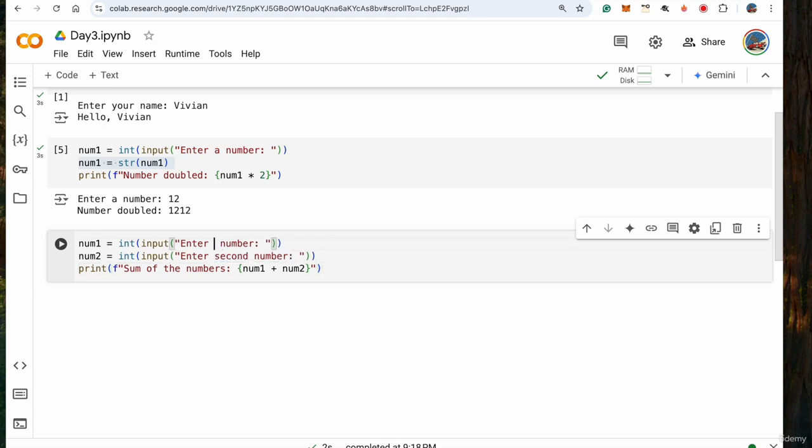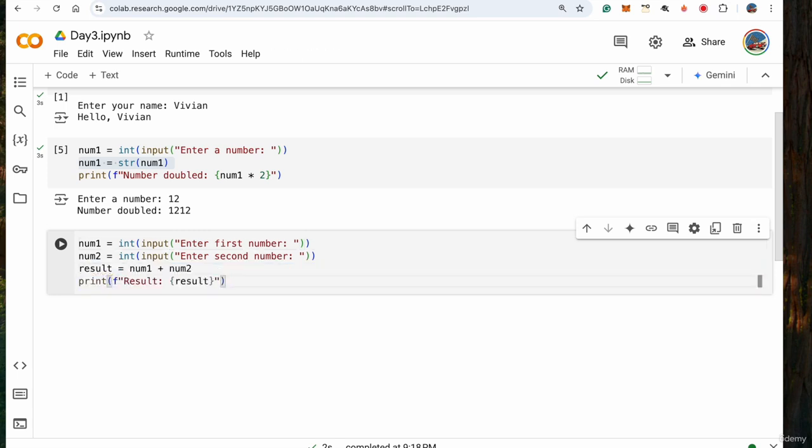I'm going to just call it first number and second number, and then I'll say result equal to num1 plus num2, and then I'm going to say print the sum of